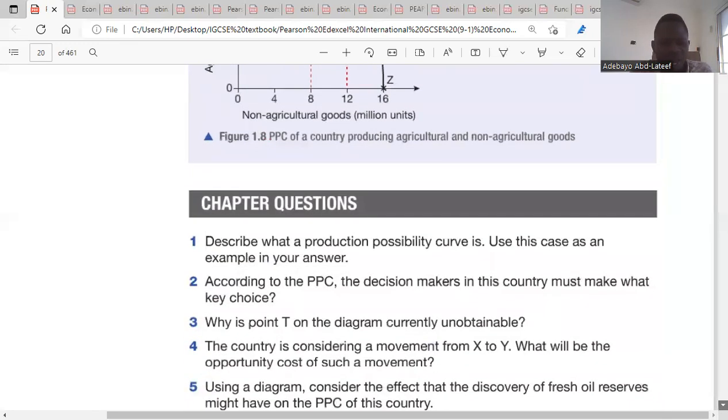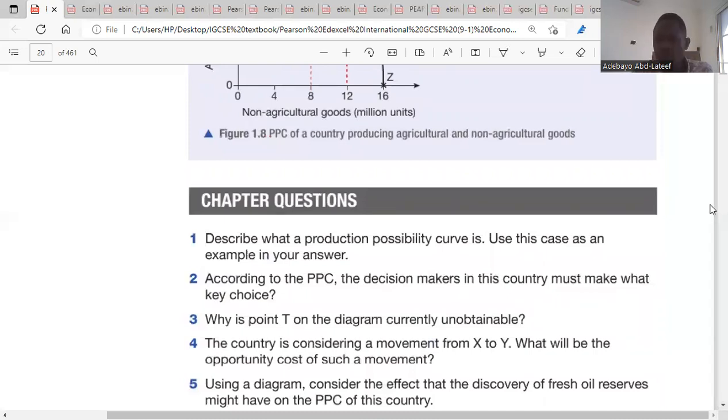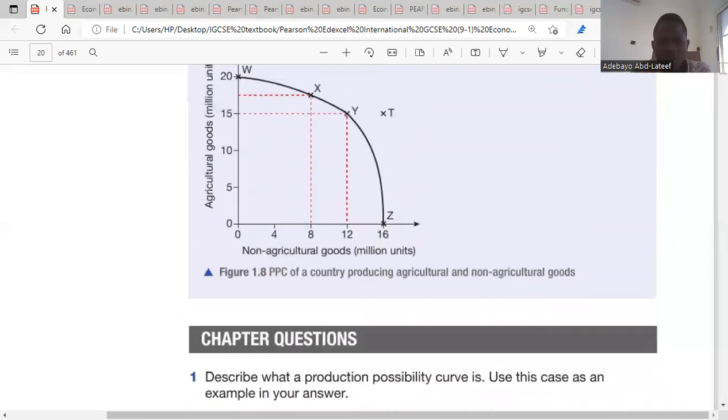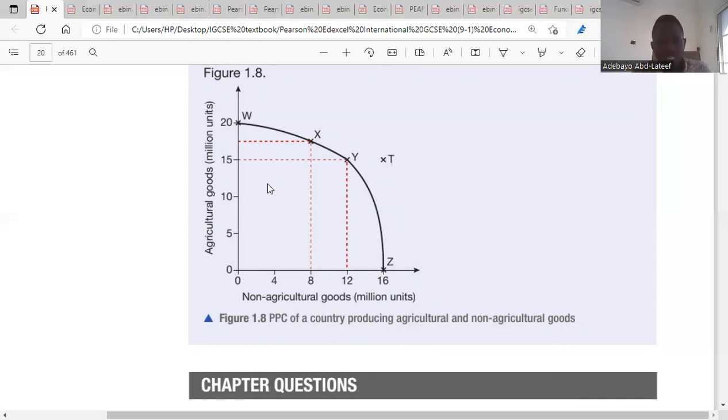So the third question says, why is point T on the diagram currently unobtainable? Let's see point T. Oh, point T is out of the PPC curve. And if it is out of it, it means that this economy doesn't have the resources to produce at that point. That is why it is out of the production possibility curve. Do you understand? It means that at point T, the economy doesn't have resources to produce either agricultural goods or non-agricultural goods. Is it clear? Then we go on to